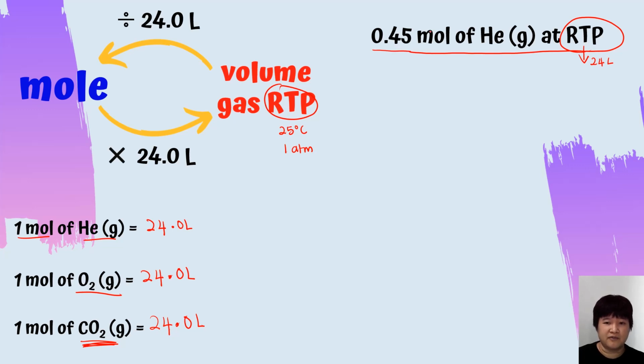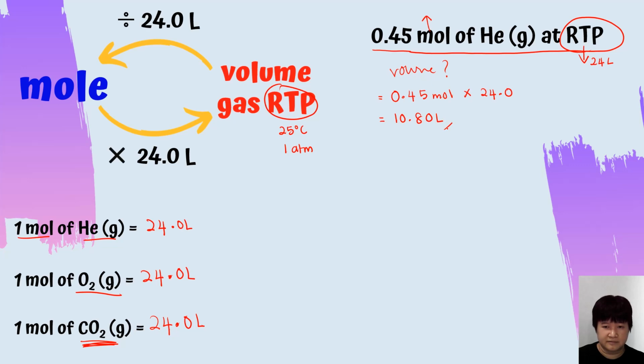And since we have number of mole, we need to change to volume. Therefore, we will times. The solution will look like this. 0.45 mole of helium times 24 liter. And when you press your calculator correctly, that is equal to